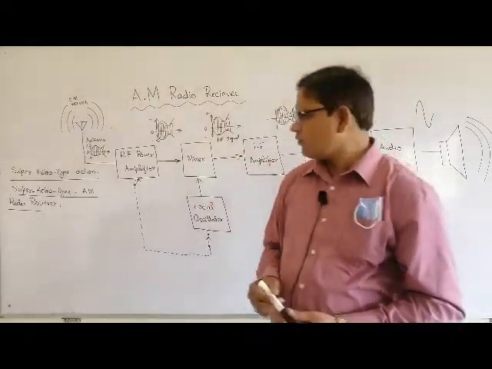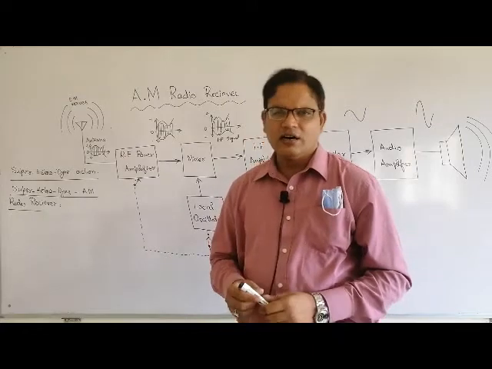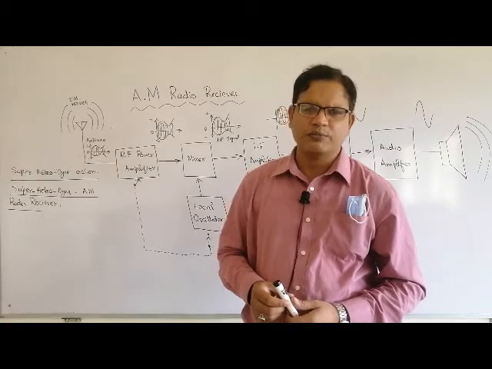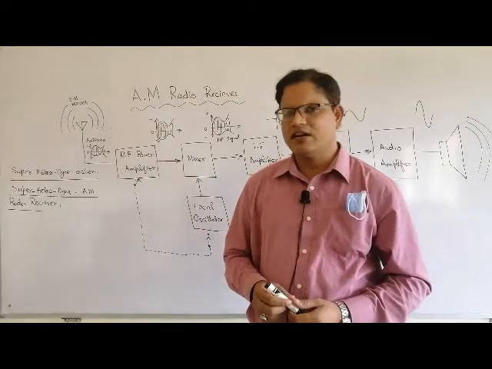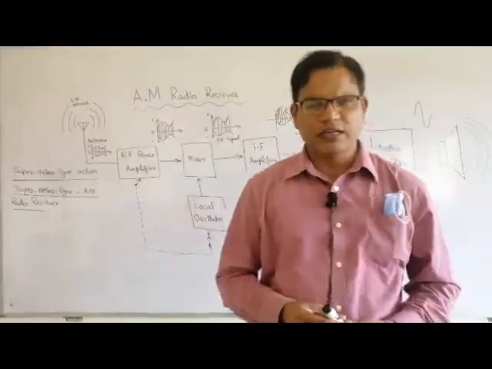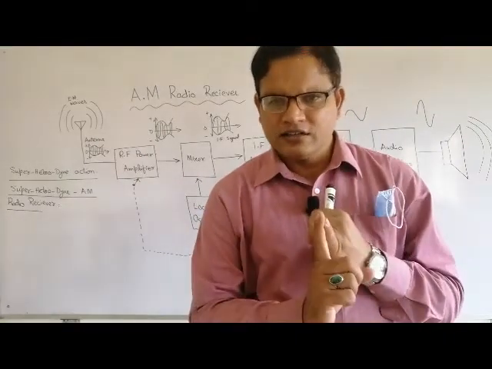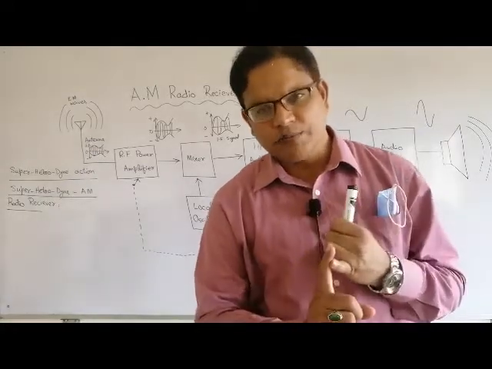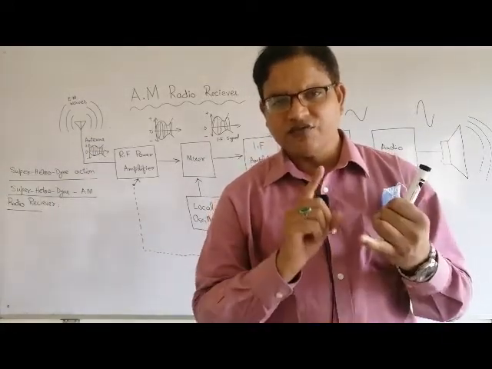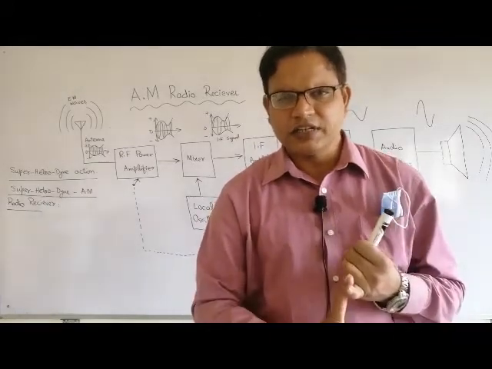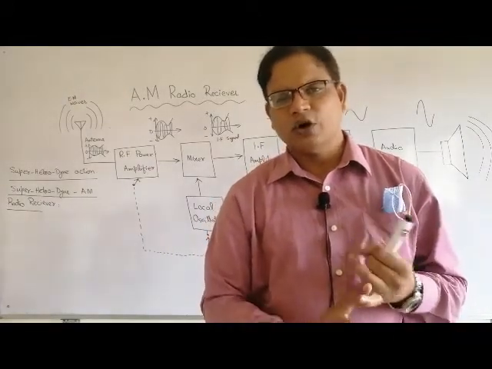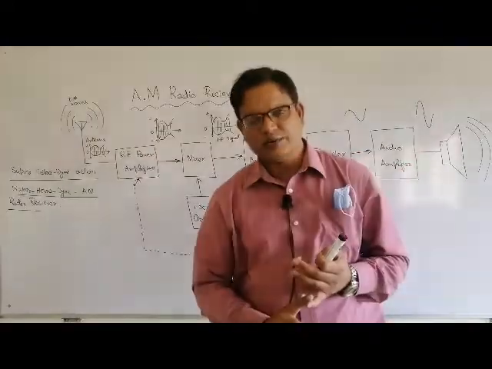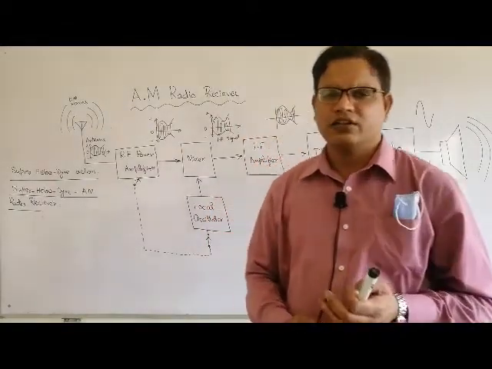To differentiate between the upper sideband and the lower sideband on receiving is called heterodyning action. What is superheterodyne action? To sum up the amplitude frequency with the carrier frequency gives the upper sideband, or to differentiate the carrier frequency from the amplitude frequency gives the lower sideband. This is called superheterodyning action.